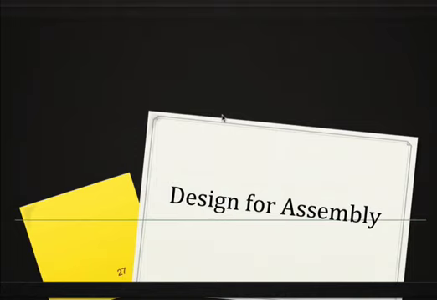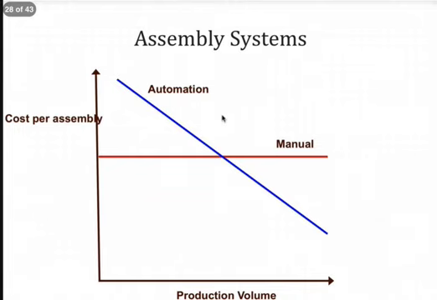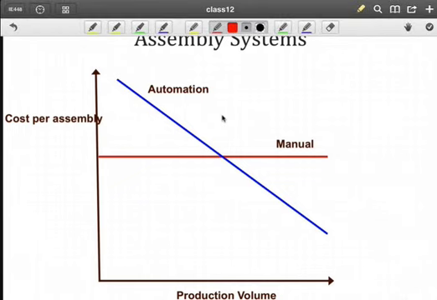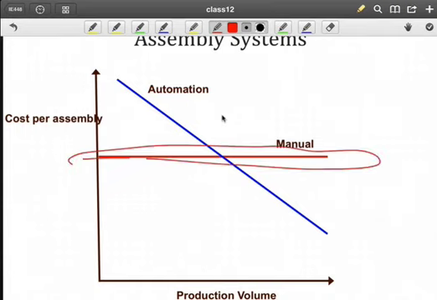Design for assembly is a specific design for X method that looks at ways to reduce the assembly cost. When you look at assembly systems, manual or automated, what we're concerned about is the total dollars we're investing per assembly. And as you can see here, with a manual method, we have a fixed unit cost, which doesn't change as the production volume increases because it takes the same amount of time to manually assemble that